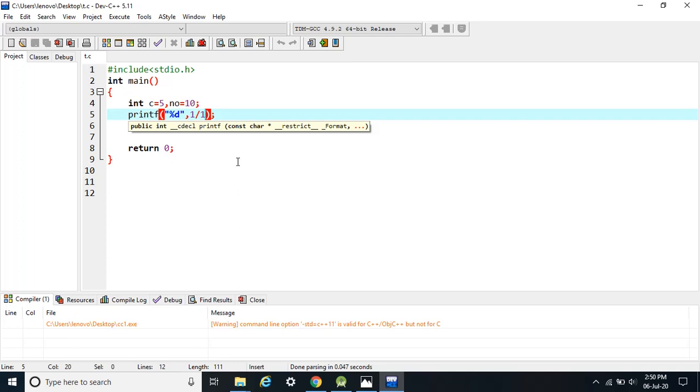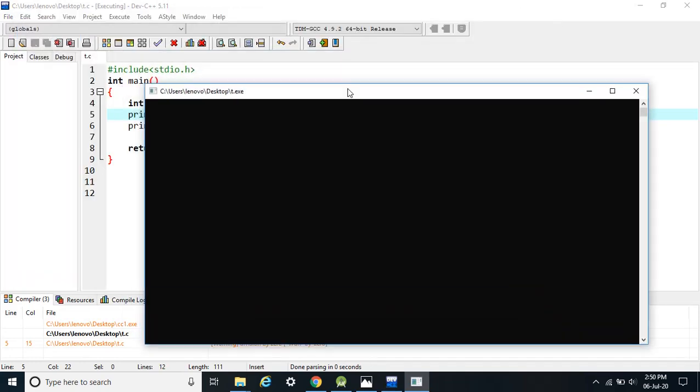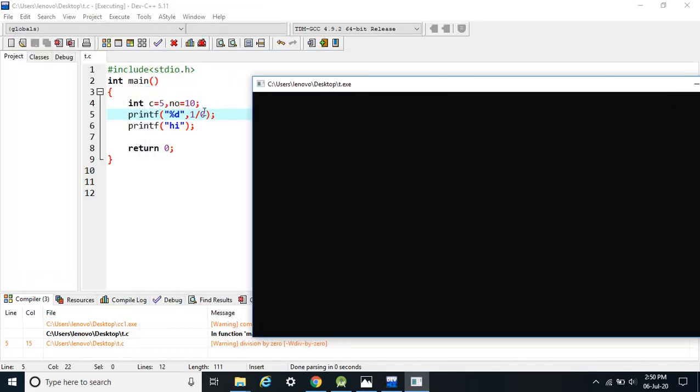Now let's generate a runtime error. As we know, divide by 0 is not a valid operation, so that will give us a runtime error. Now let's run this. If I run this now, it is not printing this answer because this is invalid, and now the program has run into a runtime error. Why? Because after this, all the statements would have to be executed. After this statement we have printf hi, and it is not executed. As you can see, we are not seeing this hi. So we did not get any output because of this runtime error generated here, divide by 0.